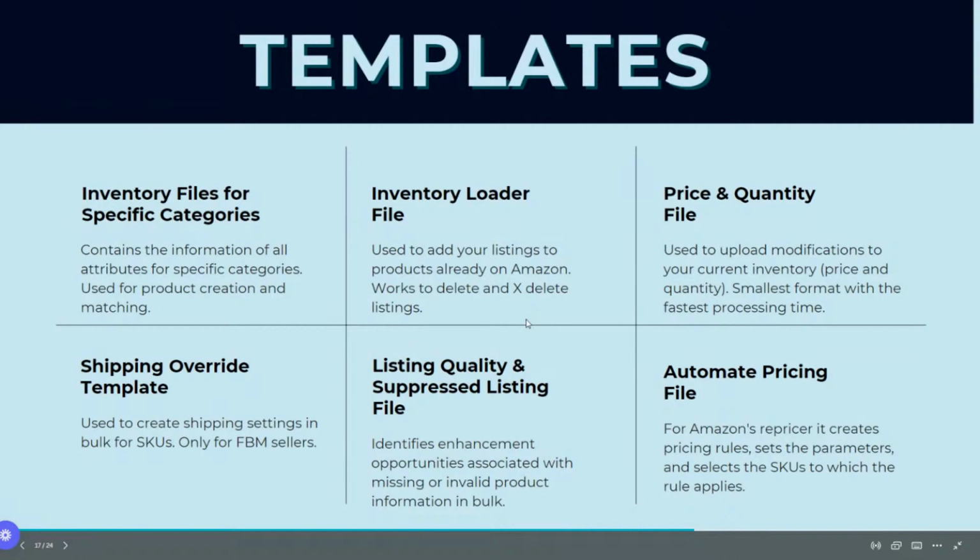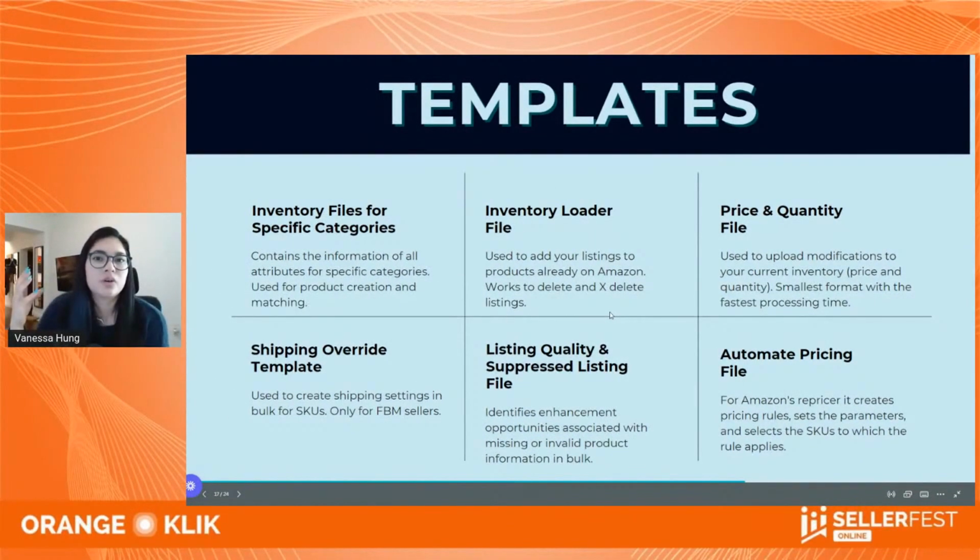in the backend. So this file is amazing because once you download it through that dashboard in Seller Central, it will specifically tell you where to go and what to fill in. So you don't need to guess what's going on or what's the issue that is facing. It's just the template will tell you, we're missing the size, or we're missing the color, or we're missing this type of whatever other attribute that is related to your product. And then automating pricing.